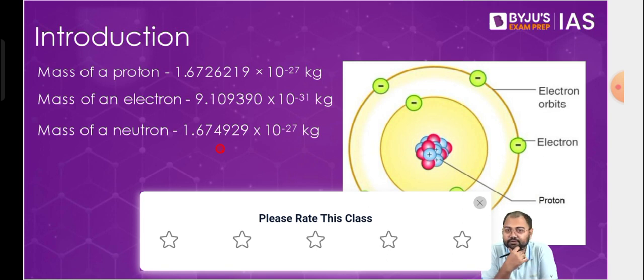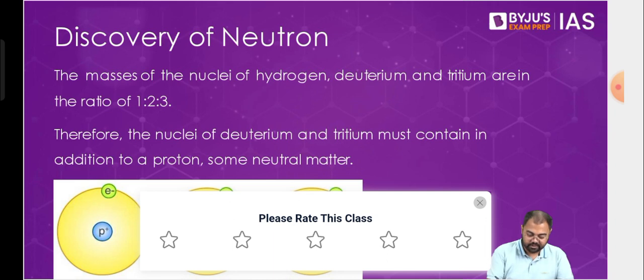So the discovery of the proton happened. Now we thought that our atom is complete. We thought we have the positively charged particles, we have the negatively charged particles, they are equal in number, and hence this is what the atom is. So the atom is made of electrons and protons. This is what we understood. Now we come across a complexity, and this complexity is in terms of something called an isotope.